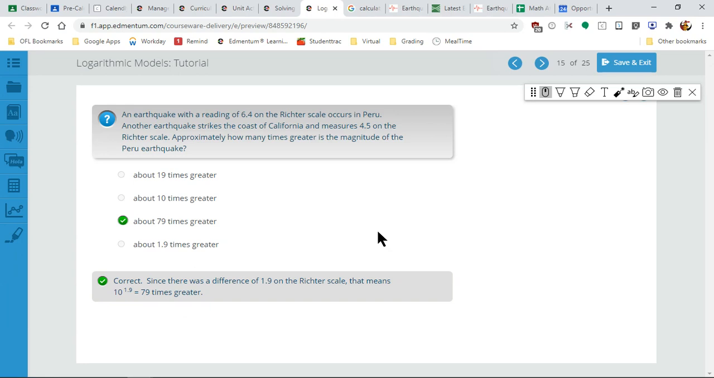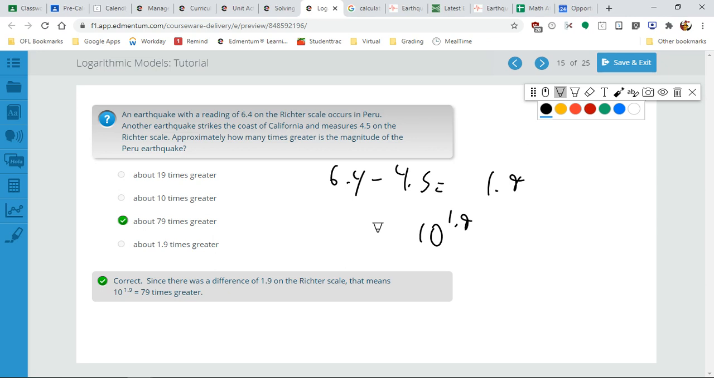I am not okay because I don't understand how they did this. So they want us to find the difference. That's going to get us a 1.9. And then we're doing, okay, because this is the power of that. All right. Then we get that 79. But if I wanted to figure this out as a log,